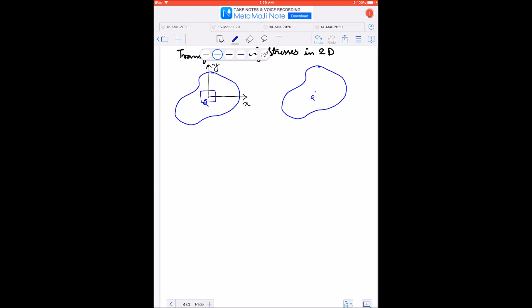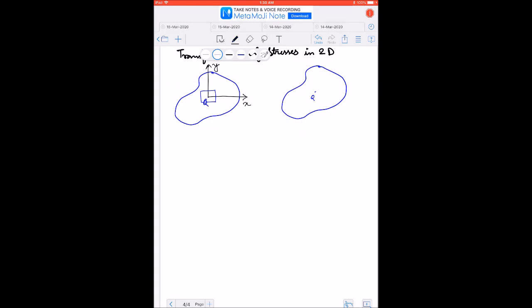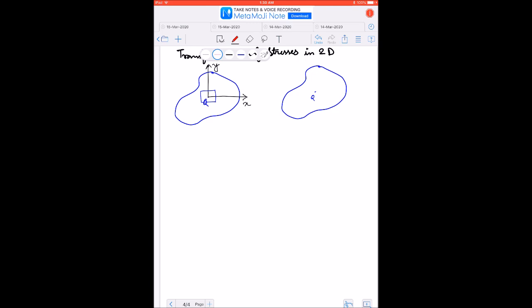But this time we want to consider axes which are not the x and y axis, rather these are our new axis x dash and y dash,